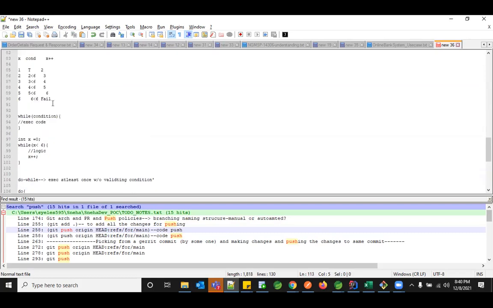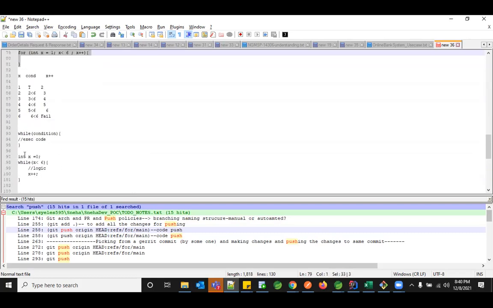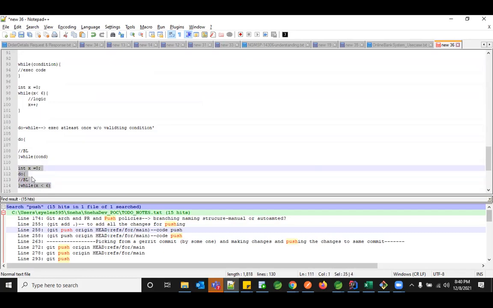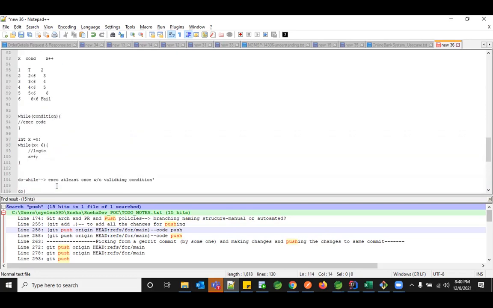So for the same scenario, you can either go with for, while, or do while. But the decision is with you, which one you want to prefer as per your scenario. But there are 3 options available for you.